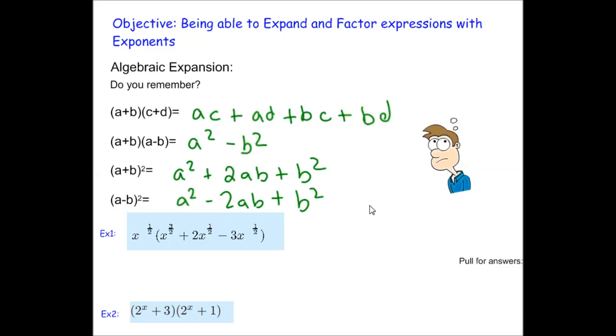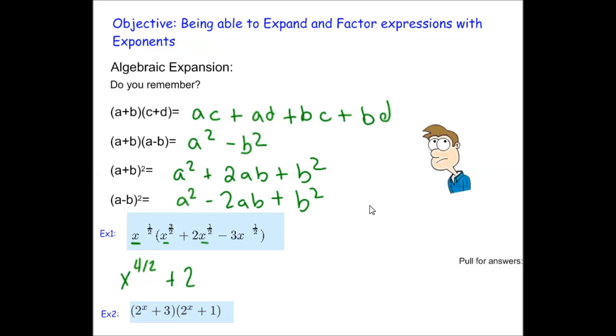So we can do the same thing. We can distribute even when we've got exponents. We've just got to remember we can only combine the powers of the bases that are the same. So we've got x and x here. We can do x to the 1/2 plus 3 over 2. That gives us x to the 4 over 2. We're going to keep our coefficient of 2 in front here, and we've got, again, the same base x and